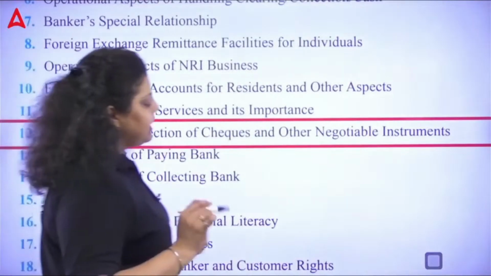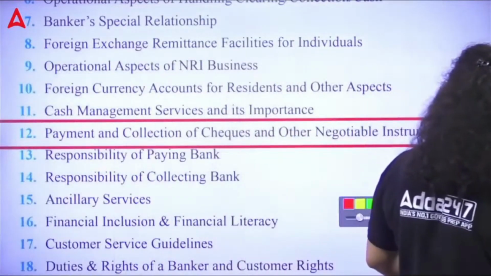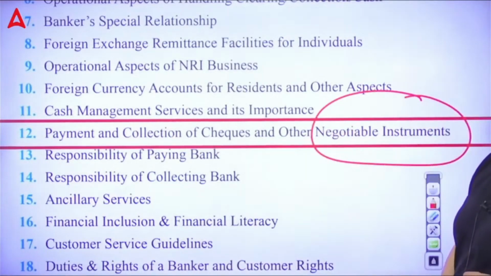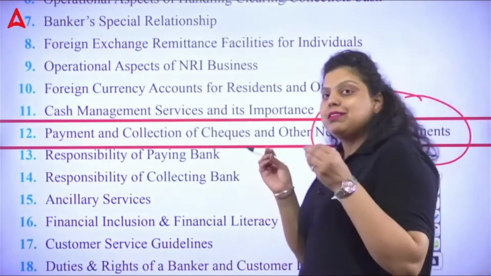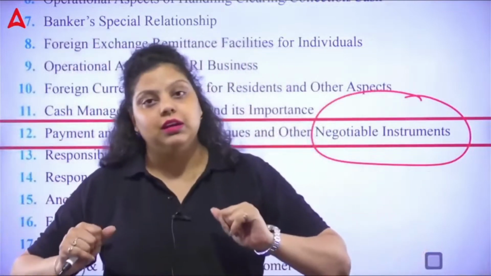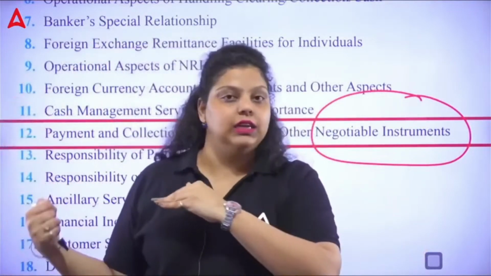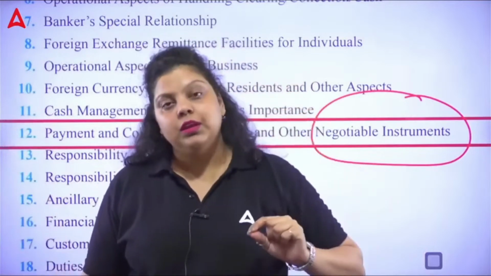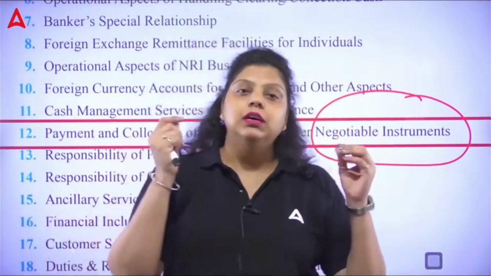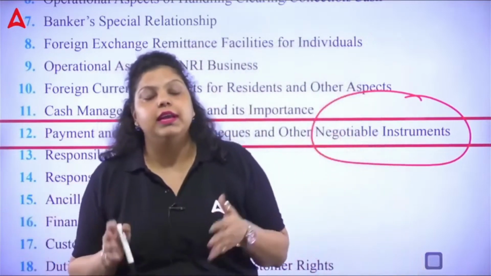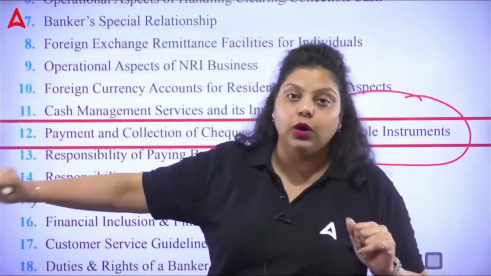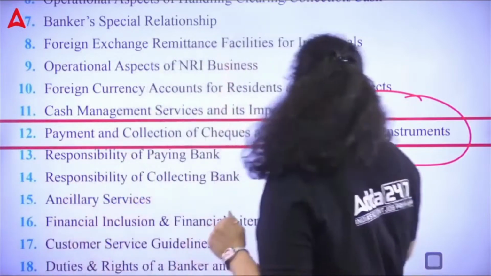When I talk about negotiable instruments, what are negotiable instruments? Negotiable instruments are those instruments which can be easily transferred for the purpose of payment. They are documents in writing which give a guarantee to one party that your money will be given by the other party on a certain date, either on demand or at the maturity date, or whatever the specified date is. On that particular day, you will get your money back, or you will get your money for the service you have provided.